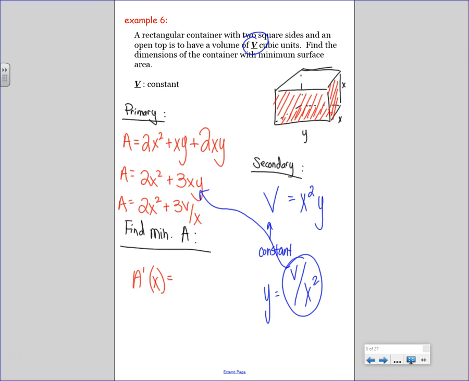So therefore, it's time for me to take a derivative. The V is not a problem. It is a function solely in terms of x as far as variables. So I can go ahead and say the derivative of 2x squared is 4x. The derivative of 3V over x is negative 3V over x squared, because if I were to go and take the derivative